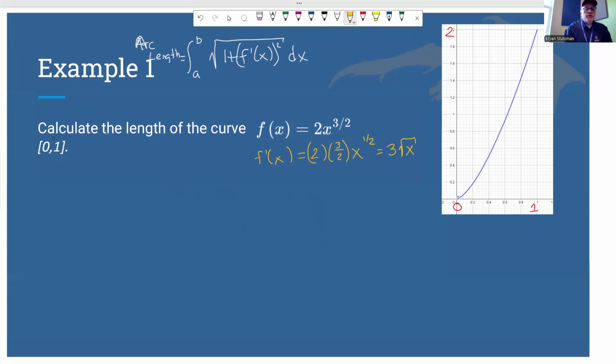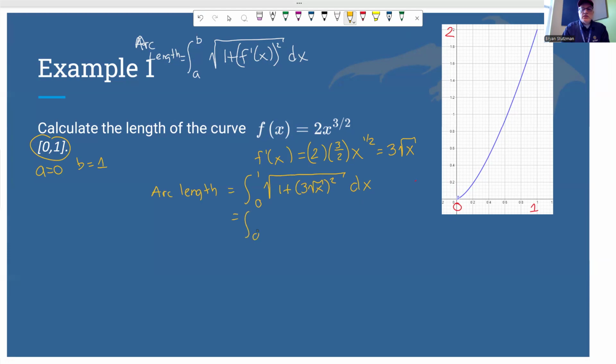So we're going from 0 to 1. So arc length would be equal to the integral from 0 to 1 of the square root of 1 plus 3 square roots of x squared dx,